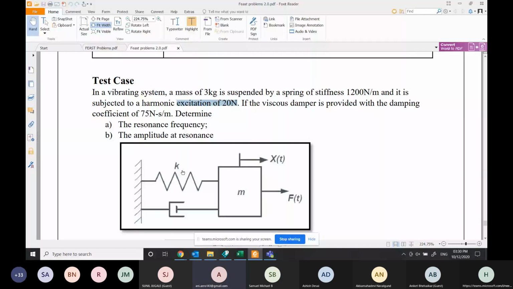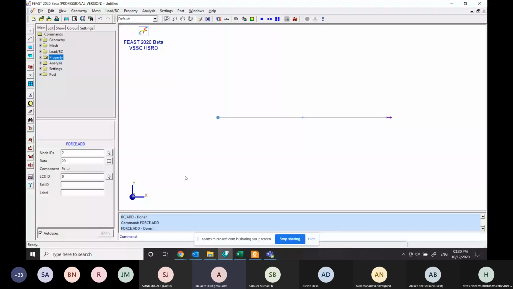So this, I'll say, the spring mass system is the easiest way of solving the problem, because we are not creating geometry, we are not applying the material properties or geometric properties. Simply, we have created a spring element, we have created a mass element, we have applied loads, and we have applied the boundary condition. Now we can keep the properties and we can go to analysis.